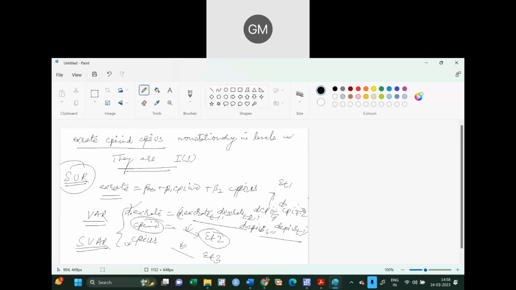So what you will find is that consumer price index lag 1 has been considered here. So a shock is coming in the consumer price index of India, but this is entering into the equation for exchange rate as well, and that's how this is affecting the exchange rate. So this shock is affecting not only the consumer price index of India, but also the exchange rate of India as well. So how much time is the exchange rate going to take to get stabilized after the shock affects the